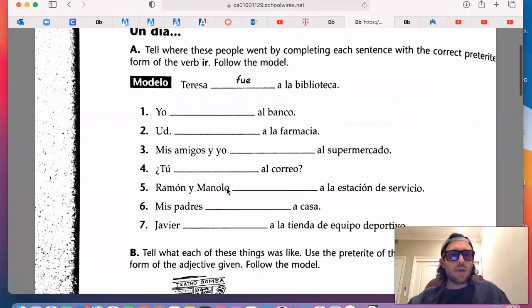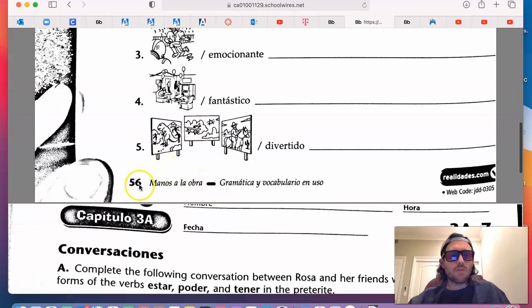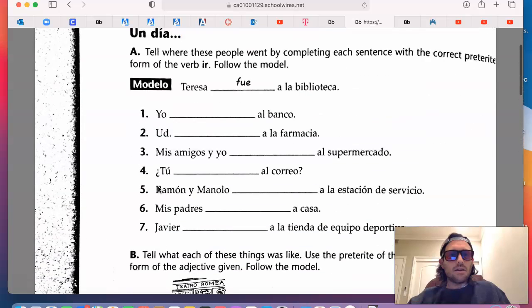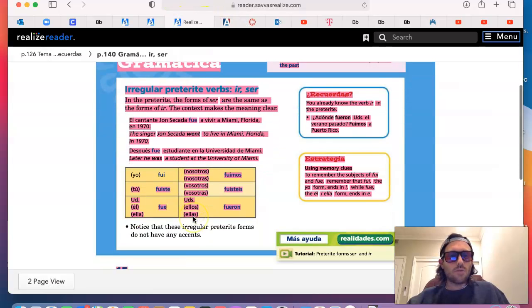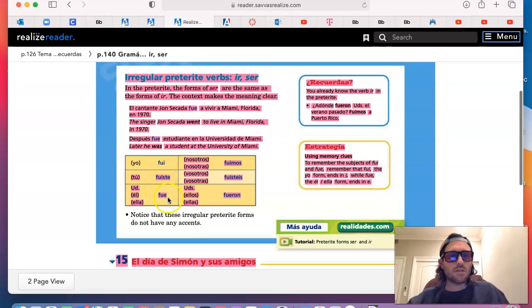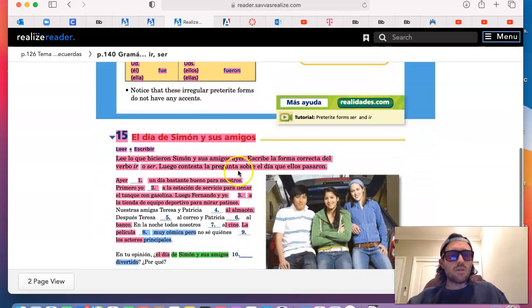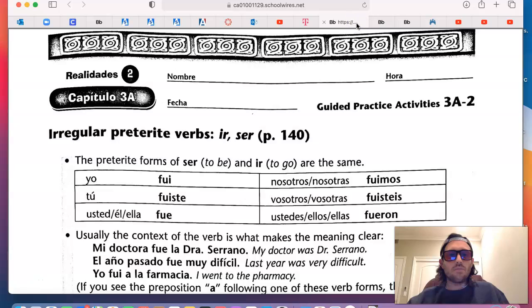And the first activity we have, again, you want to make sure you have the correct side, core workbook page 56. For part A, you're filling in the blank with the correct preterite form of the verb ir. Very straightforward. So if you take a look at page 140 of the textbook, you have your conjugations there of the verb ir and ser. And very similar to the guided practice we did on page 140, you're filling in the blanks with the correct preterite form